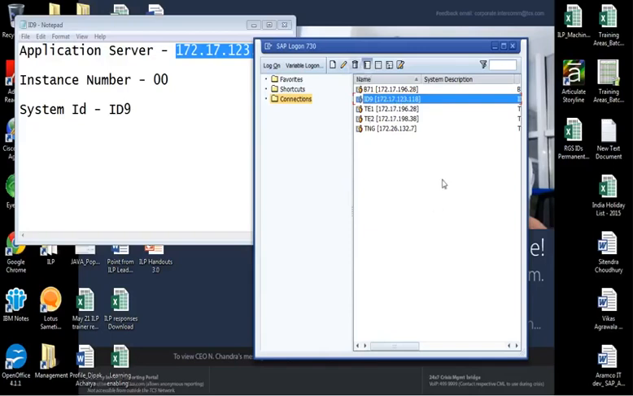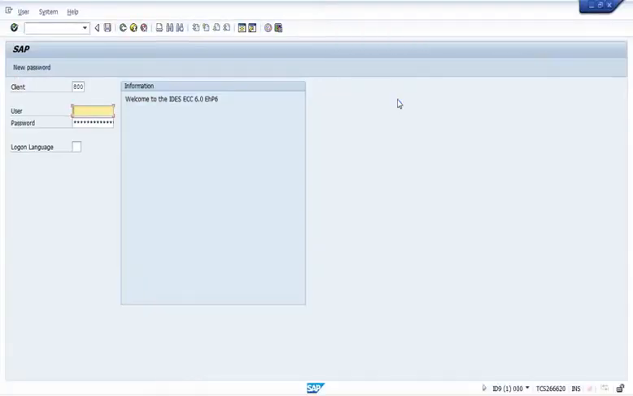So once this entry is available in SAP Logon Pad, you need to double click on this entry. Okay, suppose ID9. Once you click on this entry, you can see this SAP Logon screen. On this screen, on the right bottom corner, you can see the information of the SAP application server. So this ID9 is system ID. Okay, 1, that means this is the first session,